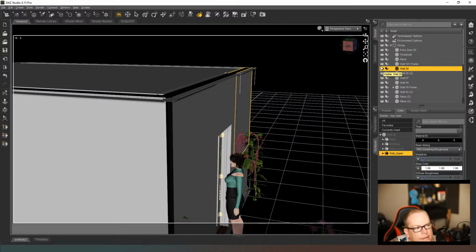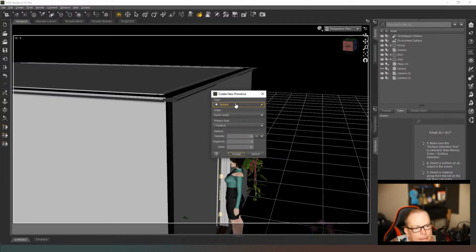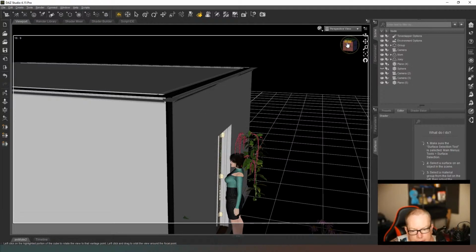Right. Yeah, no, there's no inside-outside option for those surfaces, so I'm going to have to do it with a new plane. And create a new primitive plane, please. And it doesn't matter on the size because it's only going to be